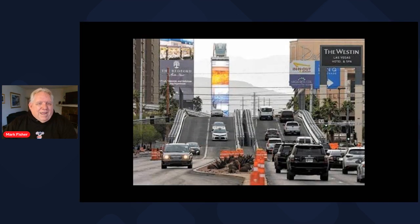They built a temporary bridge, which was pretty spectacular. I just drove over it today, but you can see it right there. It's a bridge. This is Flamingo Road, and you're looking towards the Strip, heading west on Flamingo Road. They built this temporary bridge to go over Koval Lane so that the cars can run underneath and not interrupt